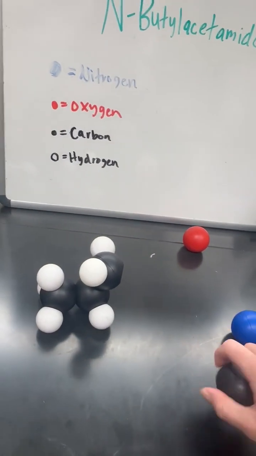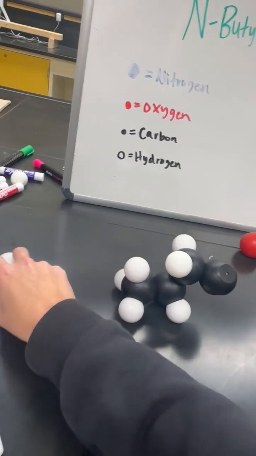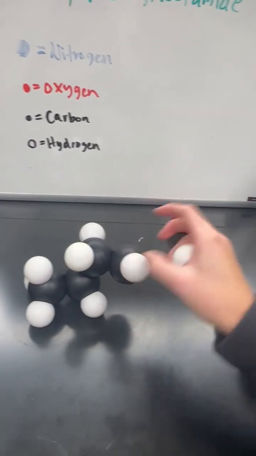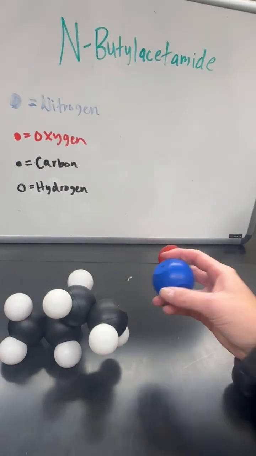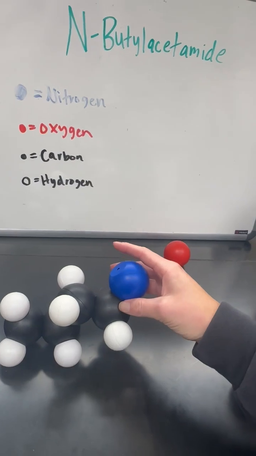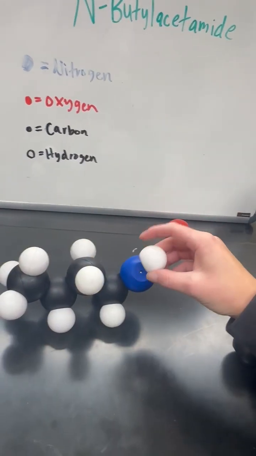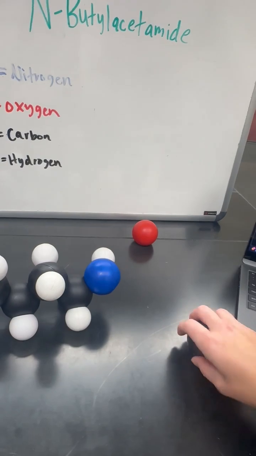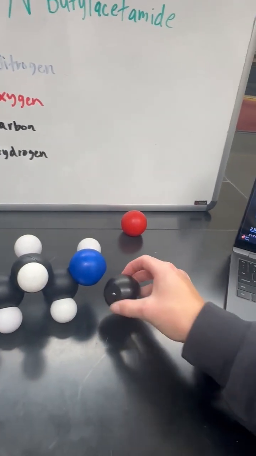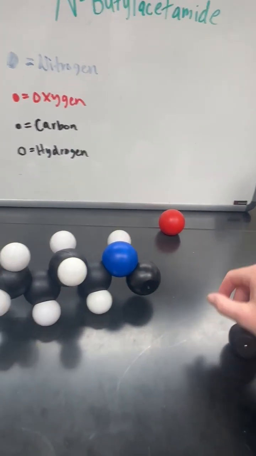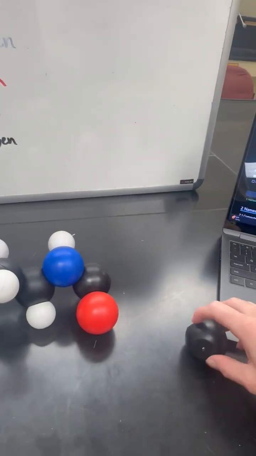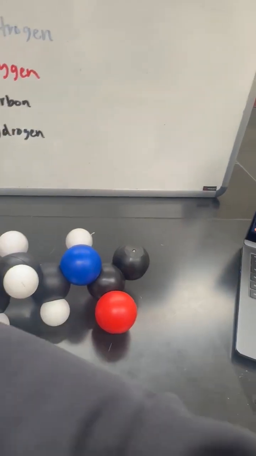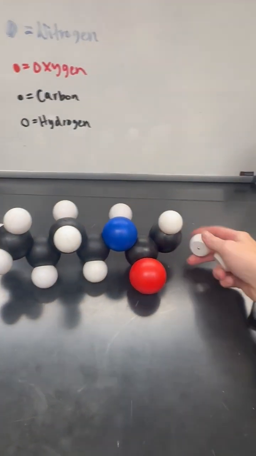another carbon attached, which will also have 2 hydrogens, and then next up we have our nitrogen, which is attached to this carbon. This nitrogen then has 1 hydrogen attached to it. It will then be attached to another carbon. This carbon is where the double bond with the oxygen will be placed. And then attached to this carbon here is our last carbon, which has the remaining 3 hydrogen atoms to complete